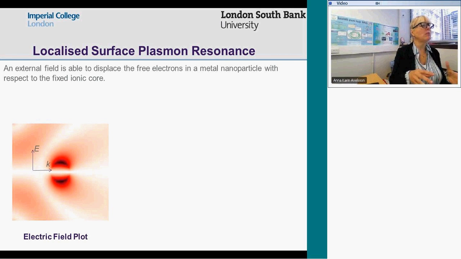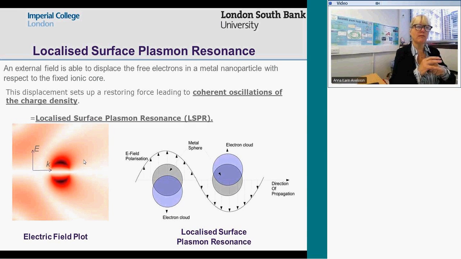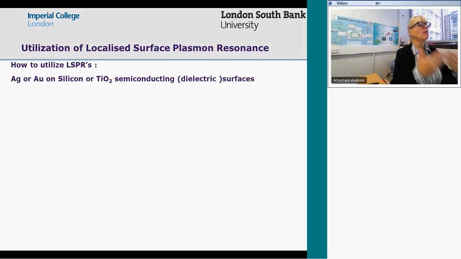We're going to talk about localized surface plasmon resonance and the whole field distribution. What we see here, in the spherical metal nanoparticle, is a very confined distribution. It's very localized, and this localized field is coming from these oscillations. It's very defined around the proximity of the metal particles. But we're now going to use that and look at how this localized surface plasmon resonance works on silicon and TiO2